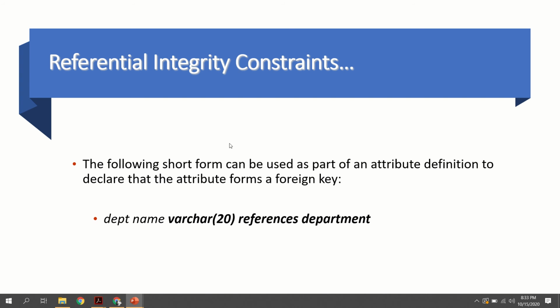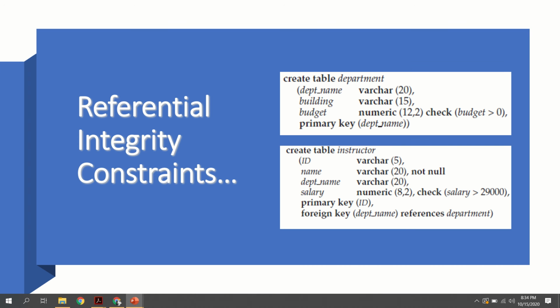So that is the concept of referential integrity, and you all know how to write the syntax of a foreign key. At the time of creating a table, if we want to set department name as a foreign key, after writing all the fields, all the attributes along with their types, as a last statement you have to write the department name, data type, references, department. So this will be the format of defining the foreign key.